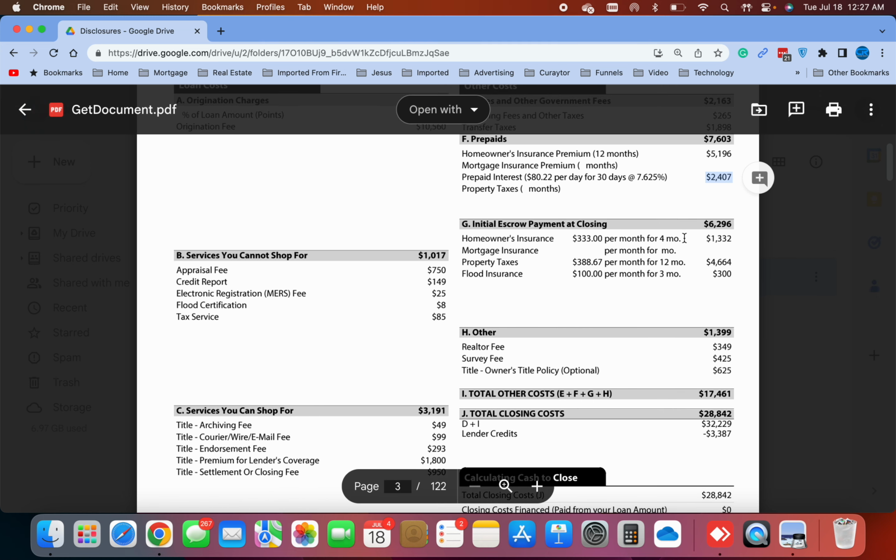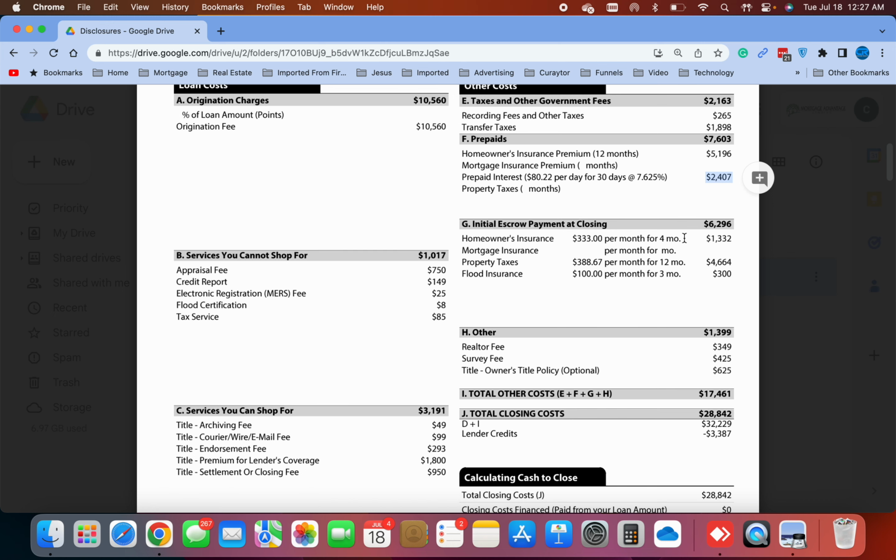They want 4 months in reserves. The bank requests that in those months of reserve just in case insurance goes up higher. They have enough money to pay and renew the policy next year instead of having to call you and get more money from you. They also request, at this time of the year, 12 months of property taxes, but this number is going to go lower because